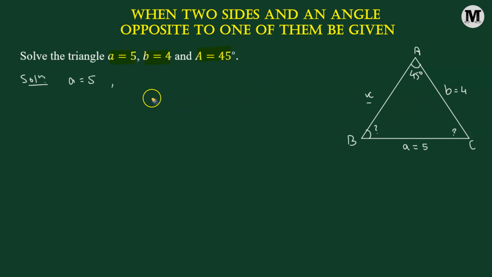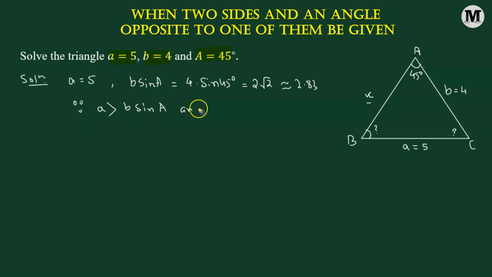Next, we consider the other side, which is b, and we multiply that side b by the sine of the angle that is adjacent to it. In our case, that is angle A. So we take b times sine of A. So b is 4 units multiplied by sine of 45 degrees. This is equal to 2 times square root of 2, which is approximately 2.83. Now, as we can see here, the length of a is greater than b times sine of A, and A is an acute angle,